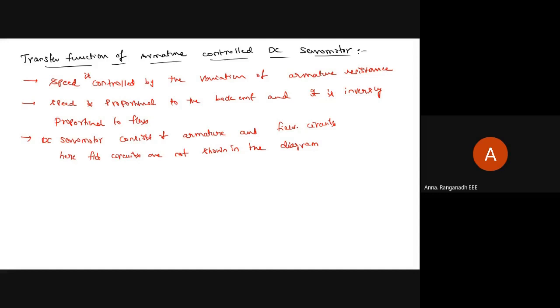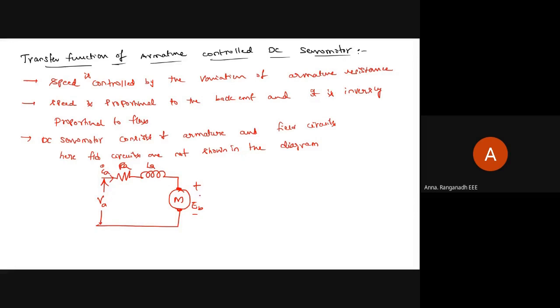Now, let us draw the diagram. We are considering the armature. So this is a motor armature, with brushes, and this motor consists of some armature resistance as well as some armature inductance, RA and LA. Here I am going to give armature voltage to the machine. So the back EMF can be generated at the machine. Here some current is flowing through the circuit. That current is called IA.